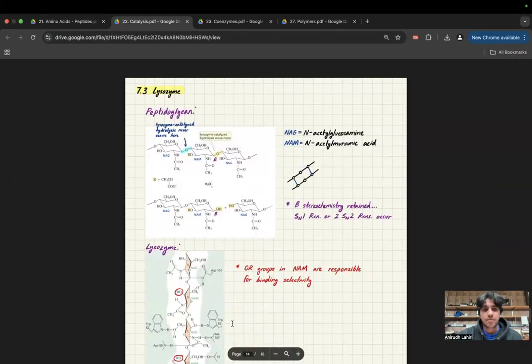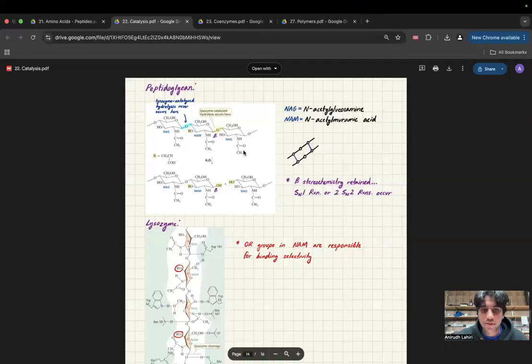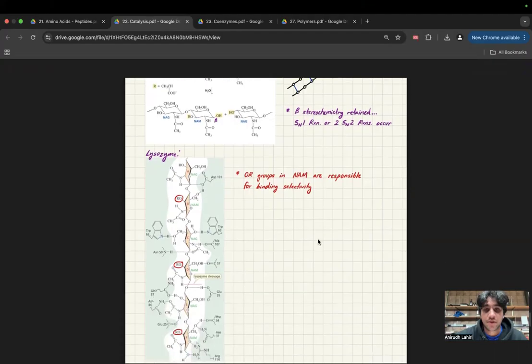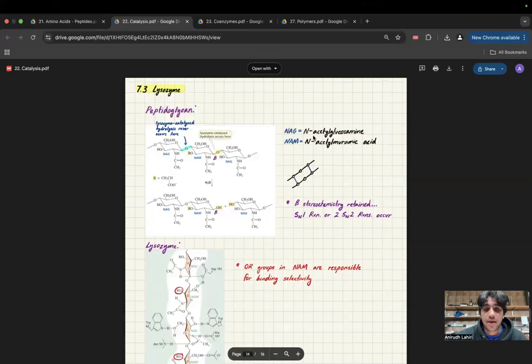Okay, lysozyme, peptidoglycan. So this is a lysozyme-catalyzed hydrolysis, and it'll never occur right here. One of the things in organic chemistry that we need to understand is that specific things occur in specific spots. So lysozyme-catalyzed hydrolysis will occur here in this beta position. So beta stereochemistry is retained. It's an SN1 reaction or two SN2 reactions. The OR group and NAM are responsible for binding selectivity. NAG is